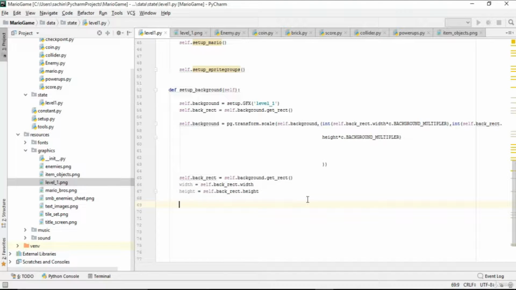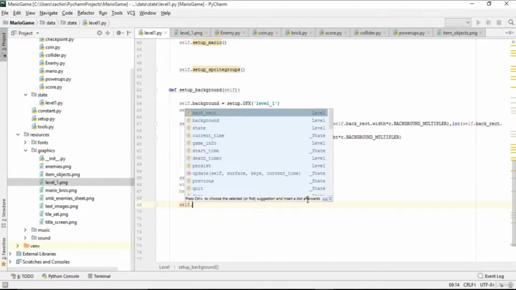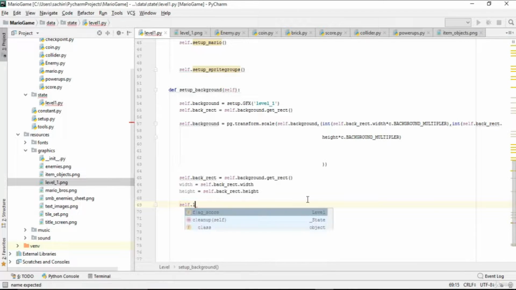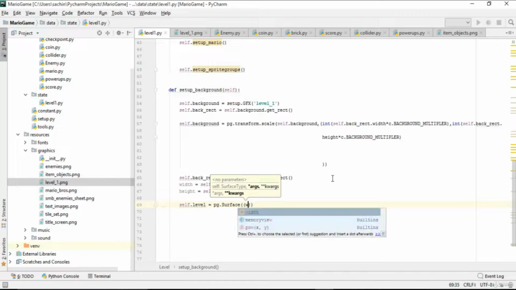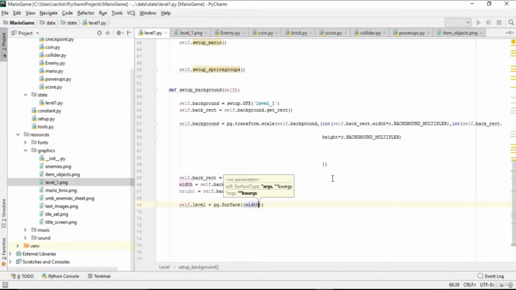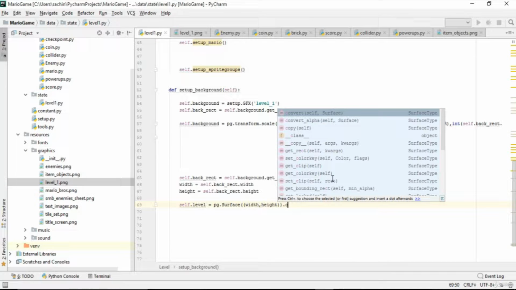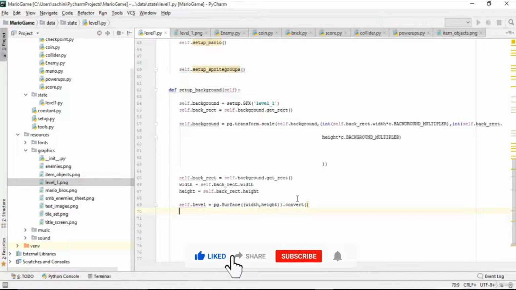So after that, we'll create a label here, and this label should be something that comes after we have this module. Just get the surface, and for the surface you have to pass a width and a height in the kwargs. Just give it a width and a height, and call the convert function. This basically converts our surface, and in this case your surface is